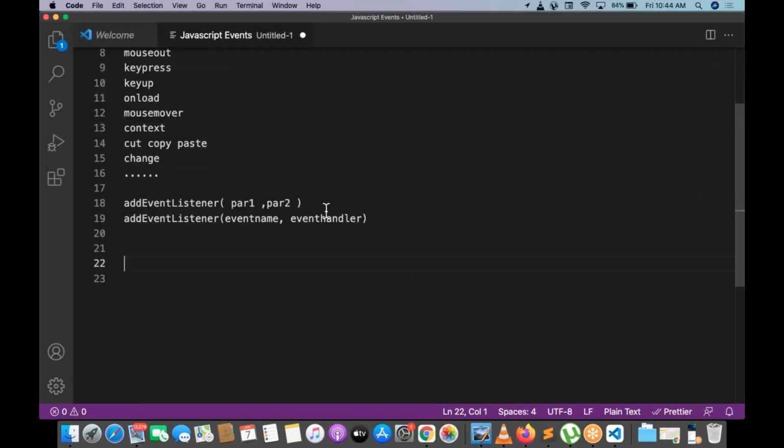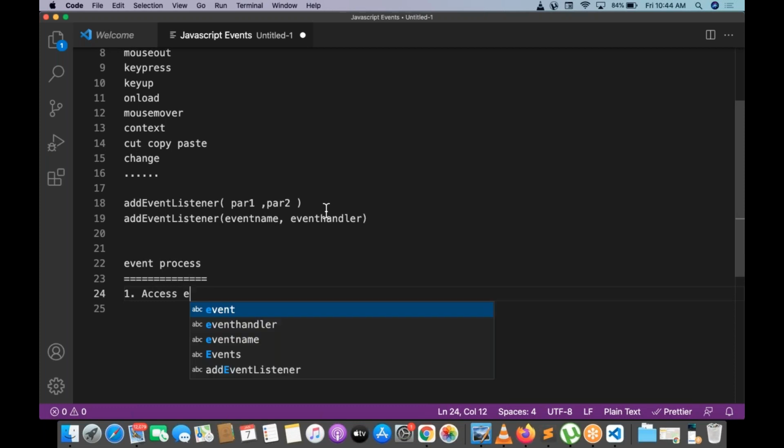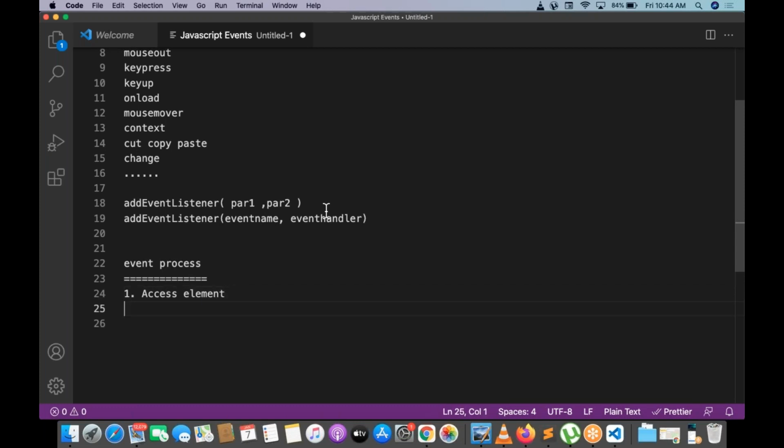So let's work out the event process. What is the process of the event? How to write an event on top of the element? The first point we need to remember is to access the element. Without accessing the element, I can't give an event on top of it. First of all, we need to access the element, or access the class, or access the ID. Any one of these we need to do.